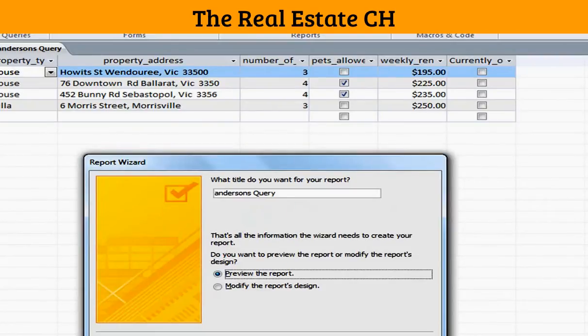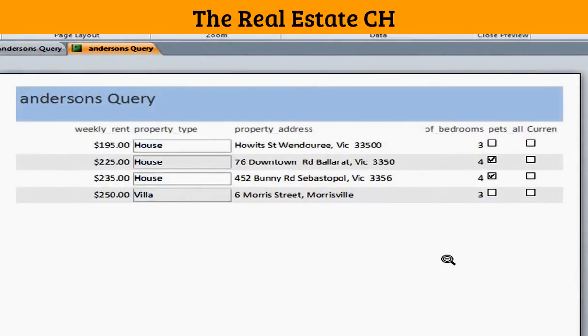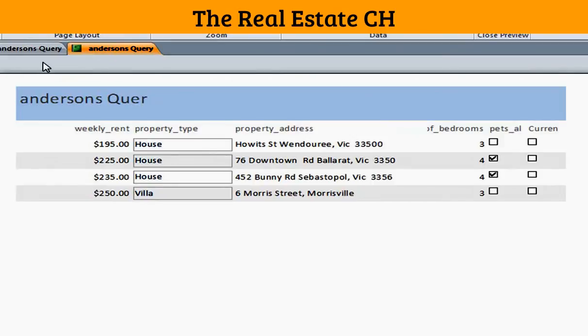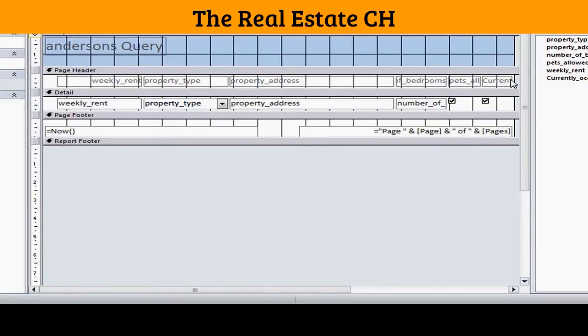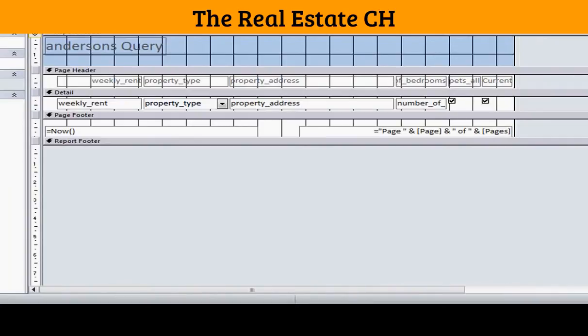Just keep hitting next and finish, and you can see there that there are a few issues in terms of fields going over the different records there. If I flip it to landscape mode, that doesn't make much of a difference, but what I can do is adjust the layout of this report in the design view. Again, like table view and query view, every view in Access has a design view, so I can move this stuff around to make it look a bit more appealing and basically fit it on the page,